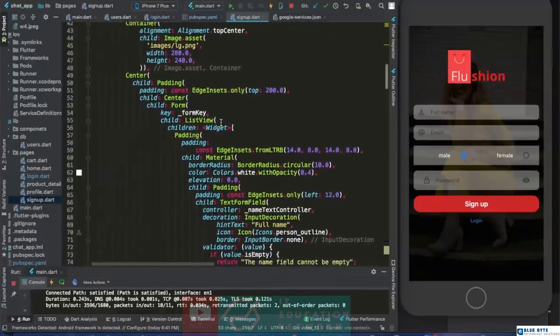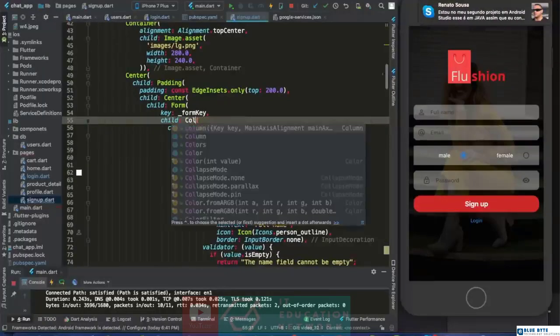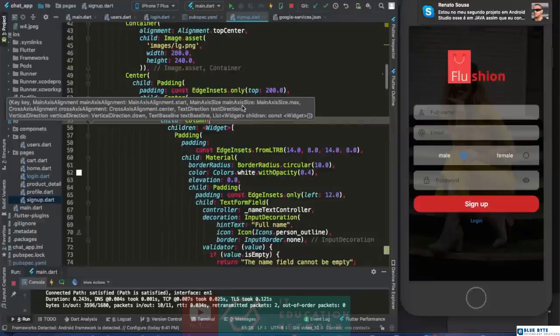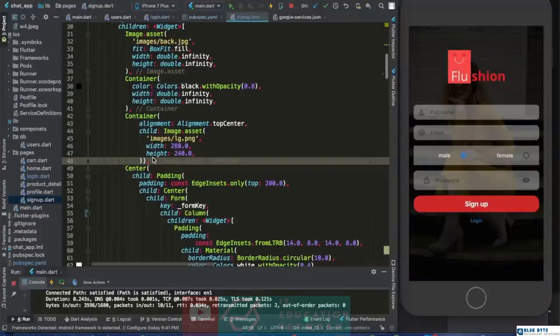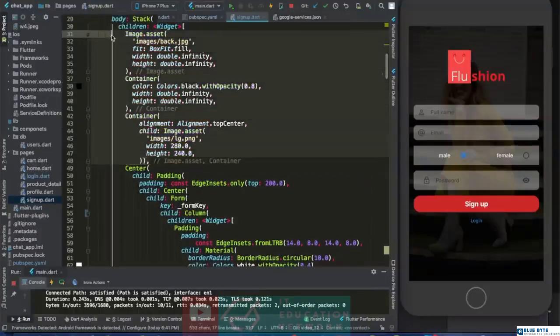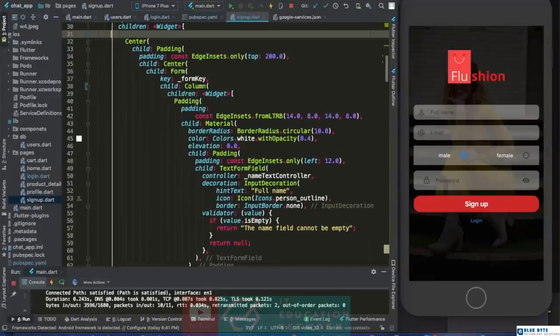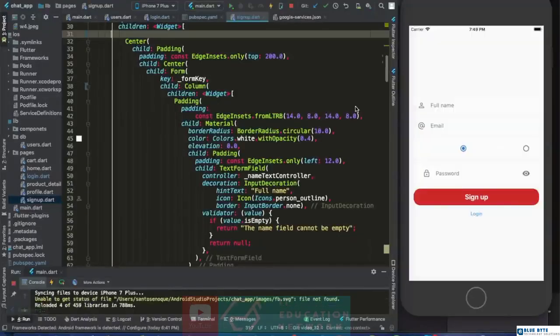Okay, let's start putting in the work here. We'll change this list view into a column. Done. We will remove, from here upwards, everything, and if I do this, this is what's going to happen. Okay, but that's okay. And then what are we going to do after that is